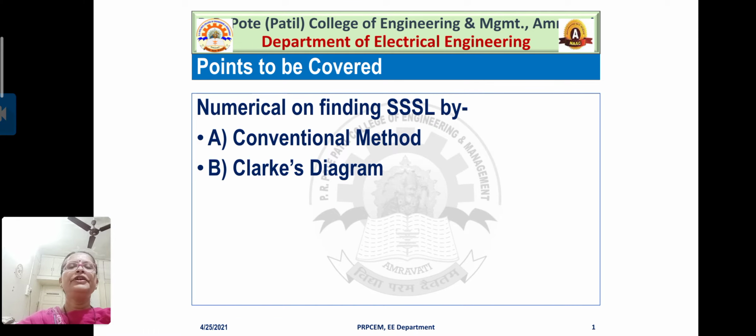Today we are going to discuss how to solve the problem to find the steady state stability limit by the conventional method, and another, that is the Clark's diagram. Probably the conventional method may take time, so today we can see the numerical based on the conventional method only. Okay,